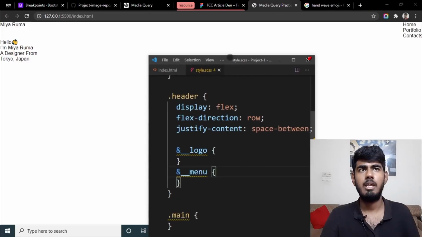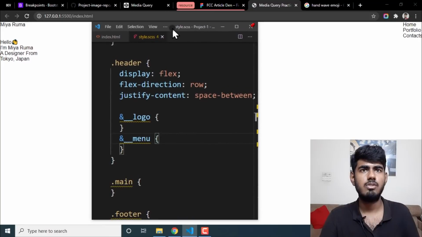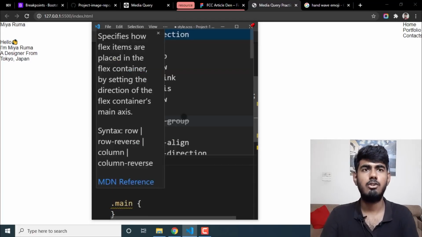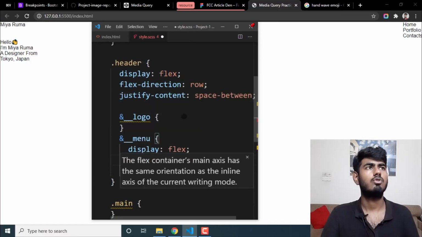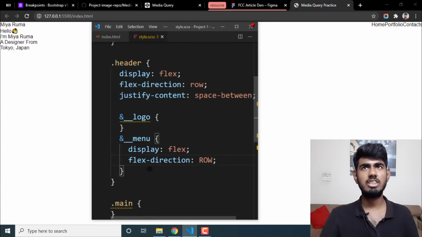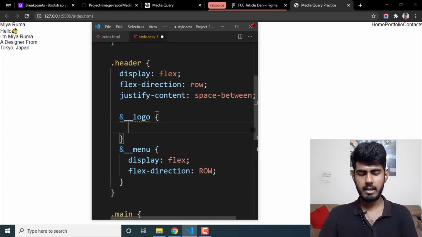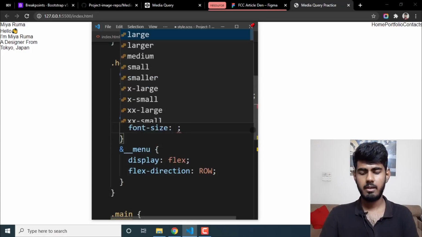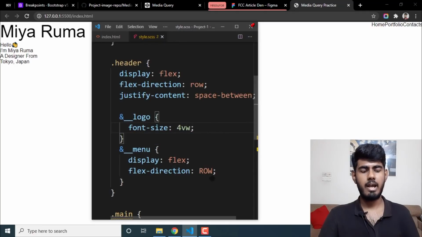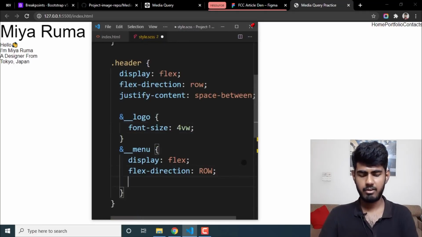Okay, in order to target that, you have to come to &--menu. You write display: flex and flex-direction, set it to row, which is the default value anyways. Control S, and now we can see that this is styled like this. And let's change the font size as well for the logo and the menu items. In order to do that, you come to the logo and you write font-size. For this we're gonna use the VW units. VW, Control S, and for the menu we're gonna write font-size 2.5 VW,